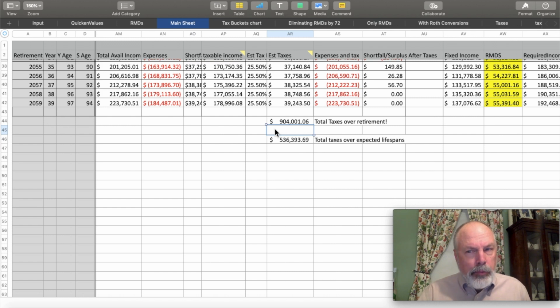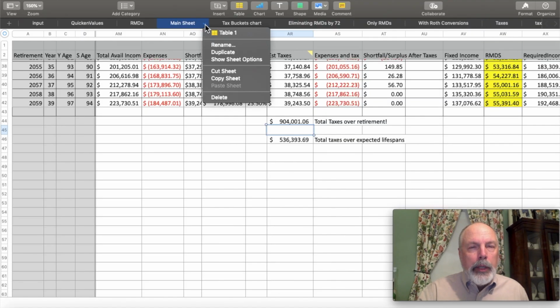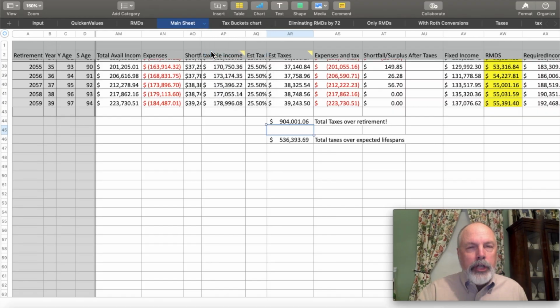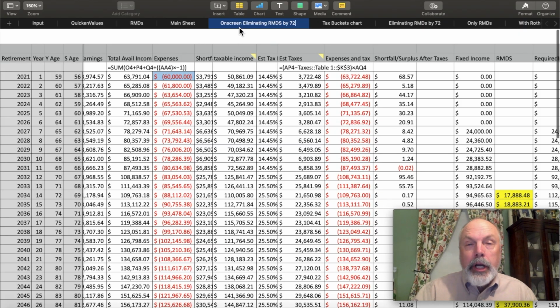It's a very simplistic scenario, but I want to give you an example on how this spreadsheet can be used. And to do it, I'm going to walk you through the changes. So the first thing we're going to do is duplicate this sheet. I've gone over here and I've created a new sheet, duplicating the main sheet, and I've renamed it